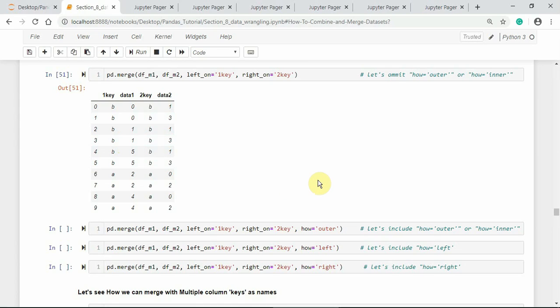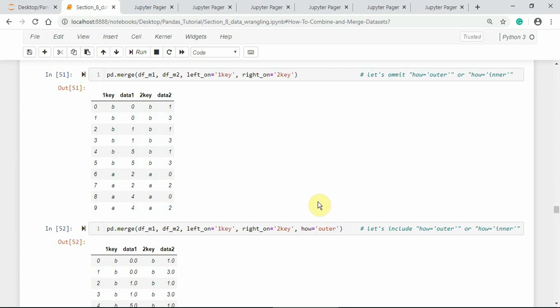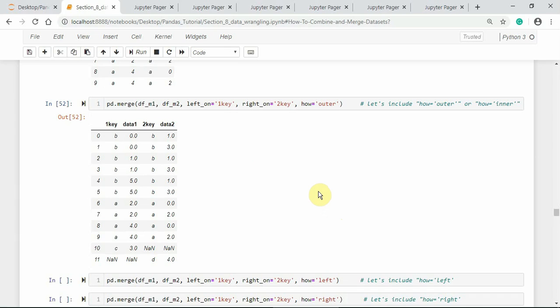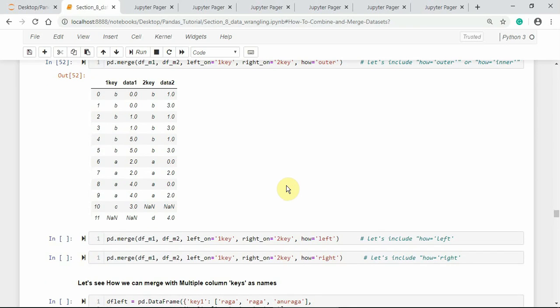Let us perform the outer join by passing how is equal to outer. The result is the union of all the rows, and the non-overlapping row values are filled with NaN sentinels. Let us see the left merge operation by passing how is equal to left.